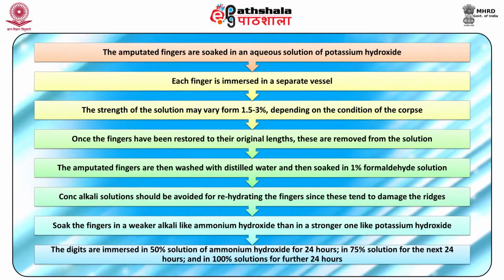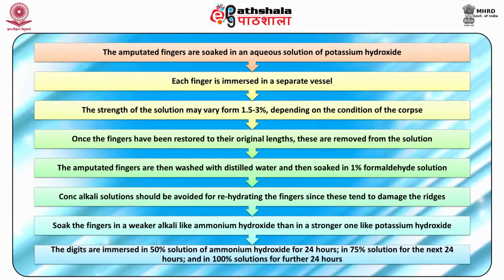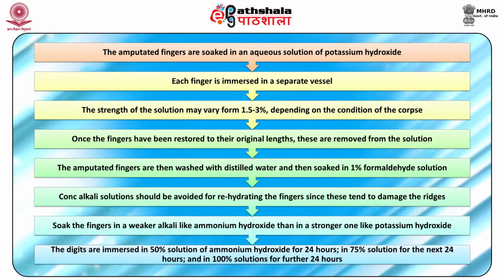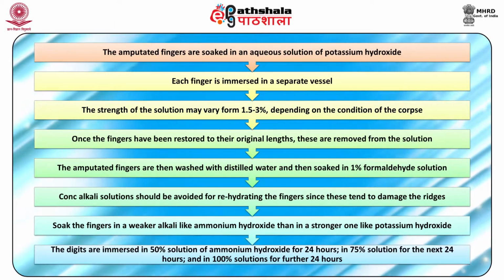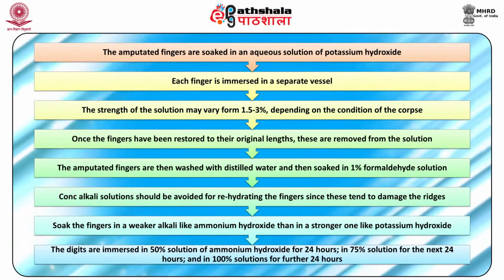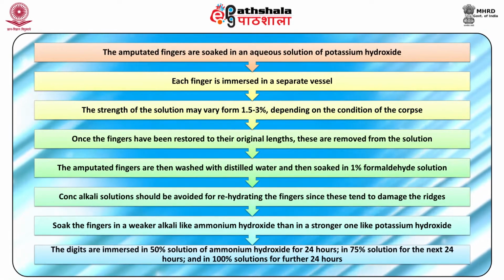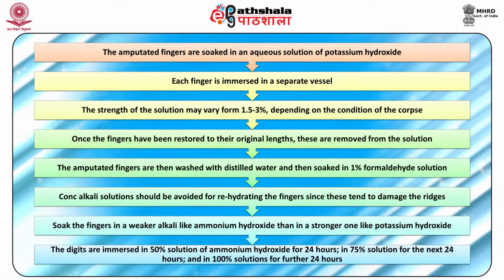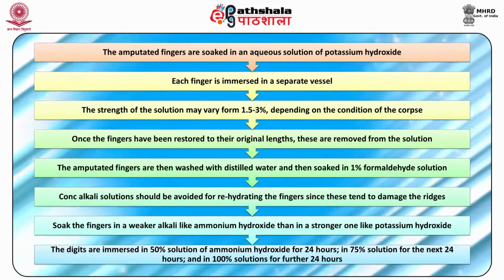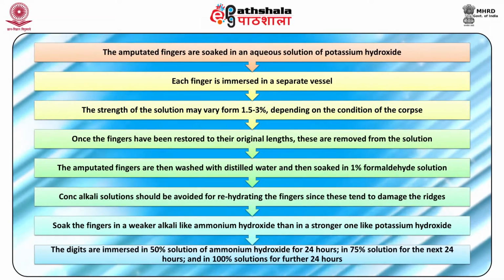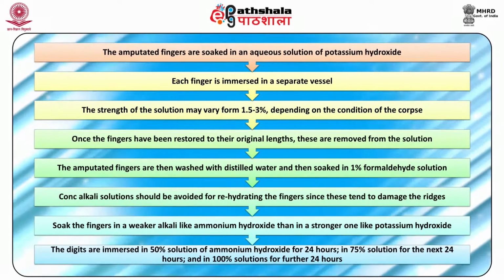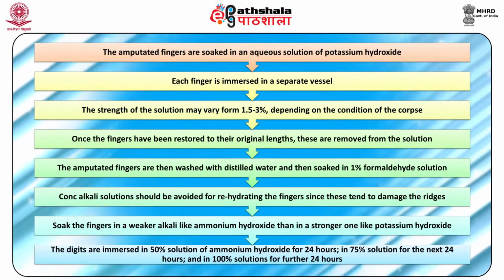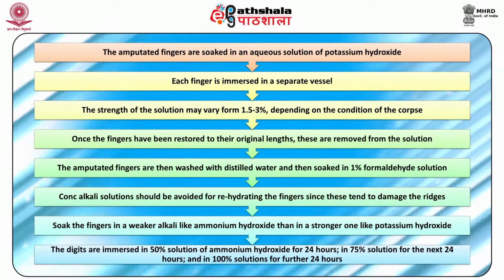The amputated fingers are then washed with distilled water and then soaked in 1% formaldehyde solution. Concentrated alkali solutions should be avoided for rehydrating the fingers since these tend to damage the ridges. Therefore, it is better to soak the fingers in a weaker alkali like ammonium hydroxide than in a stronger one